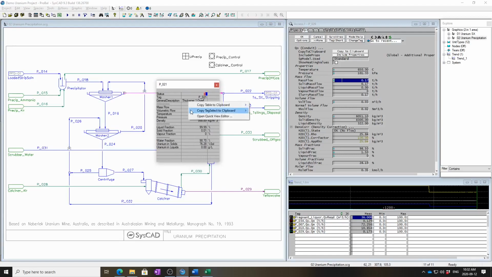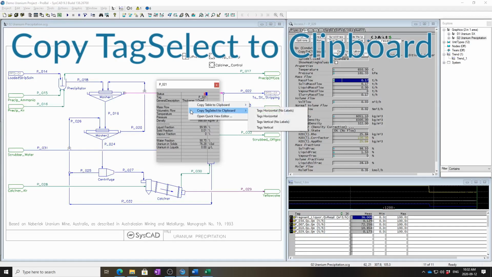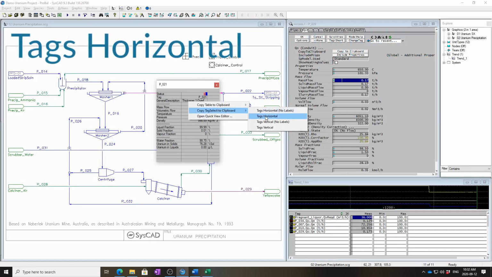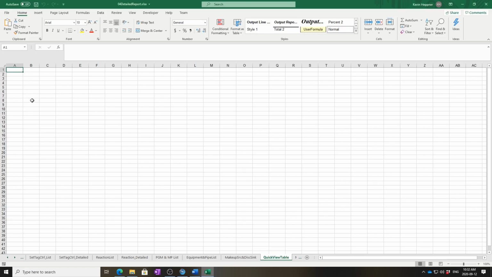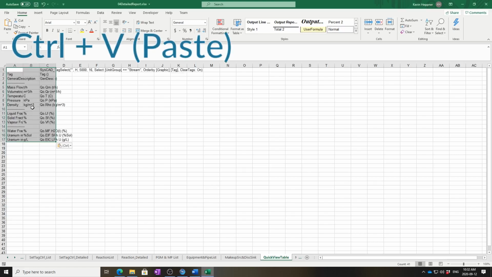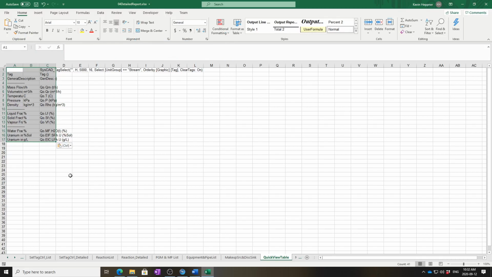I'm going to right click on here, and I'm going to copy a tag select to clipboard, and I'm going to use a horizontal orientation in this case with labels. I click, and I go back here now to my Excel sheet, and I'm going to press Control V. Now this has created all the proper syntax you need to be able to create a SysCAD tag select report. So let's save this,